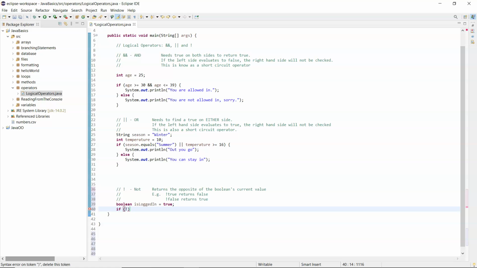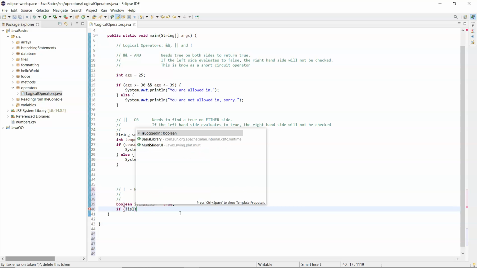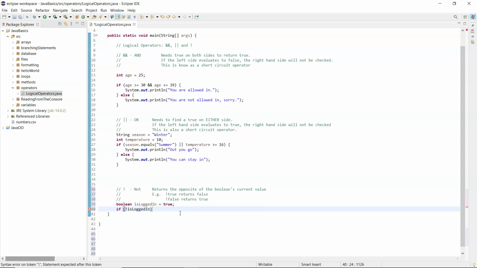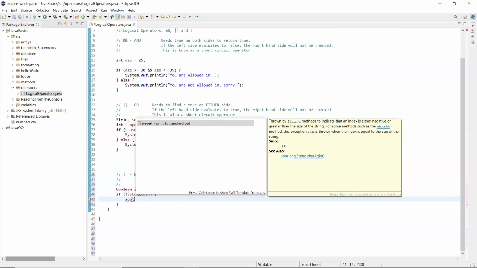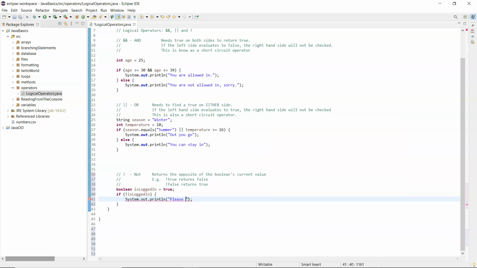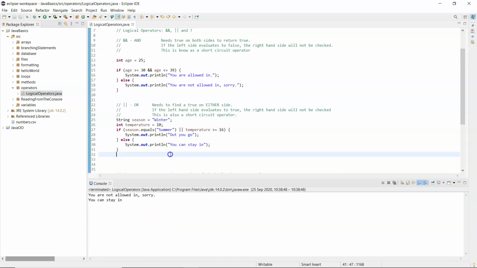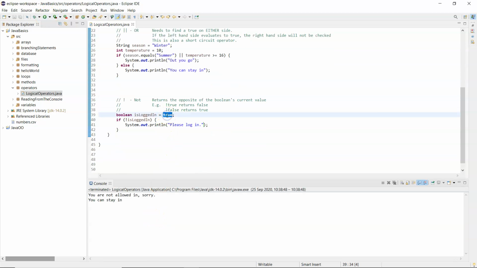So if I were to write not isLoggedIn, that condition is saying if, for instance, the user is not logged in. And then I'll put in something here, please log in. So I currently have isLoggedIn as true, so if I run that, you'll see that nothing gets printed out. But if I change that there to false,